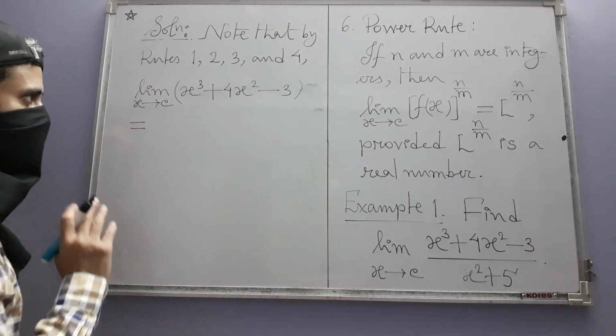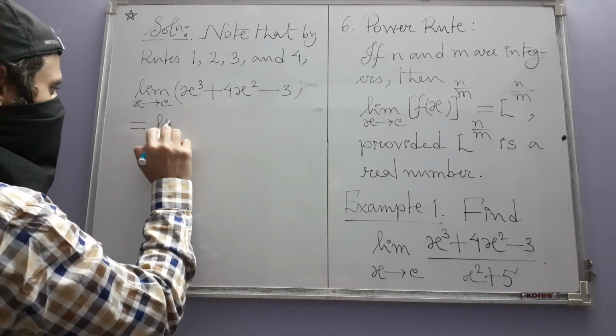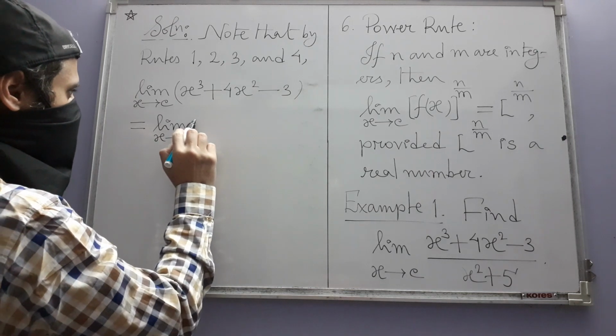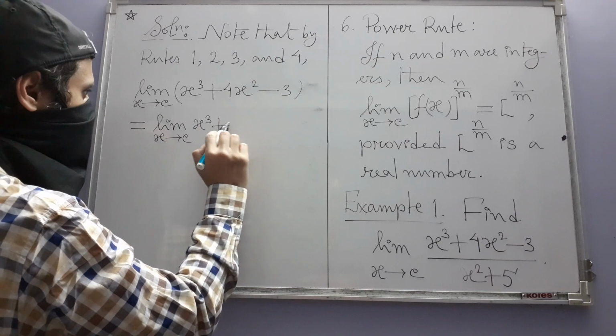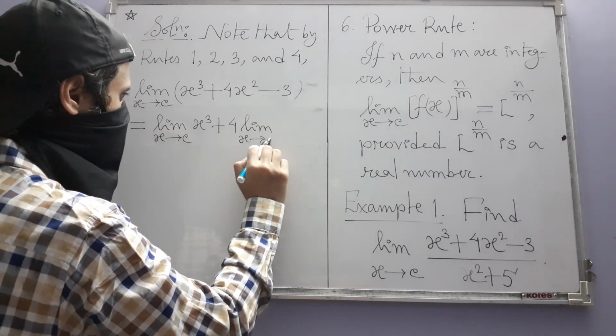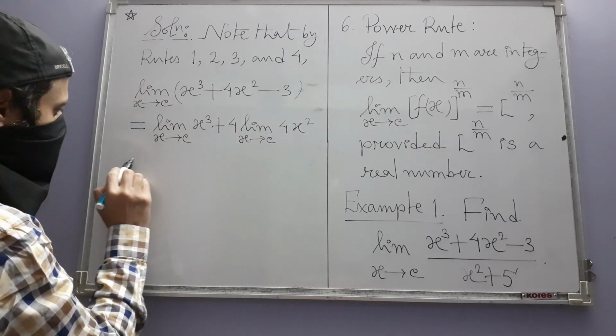So by the sum rule and difference rule, this limit will be equal to this limit minus,